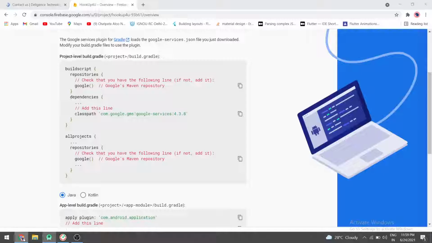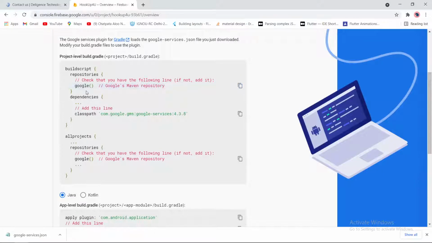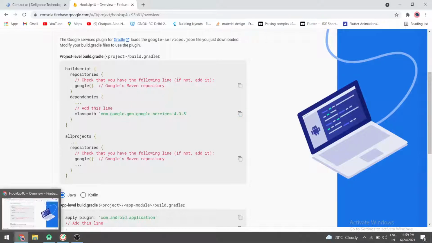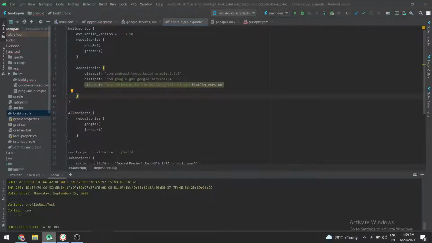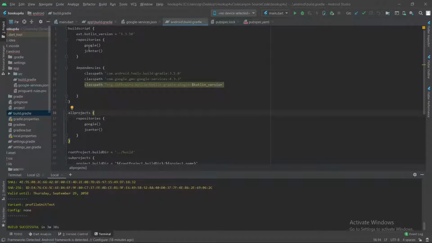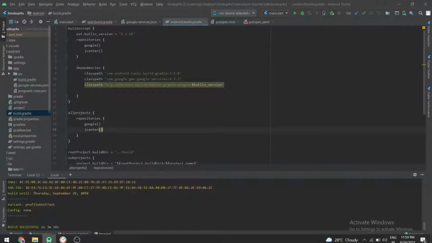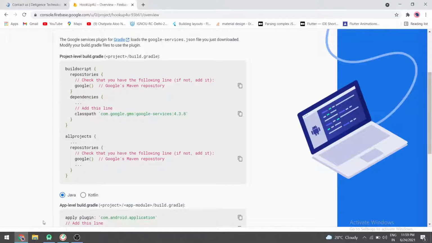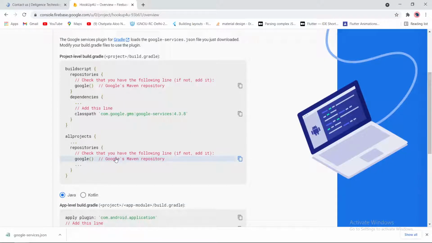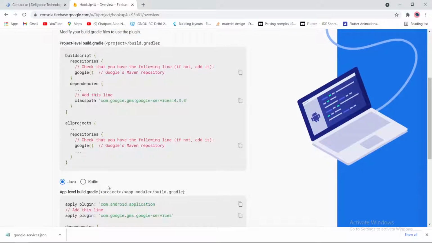Here we need to check for repositories like Google and dependencies for this dependency. Let's check if we have the Google repository. Yes, we have Google, and then we have this Google services. Both are here, no problem. No need to make any change.